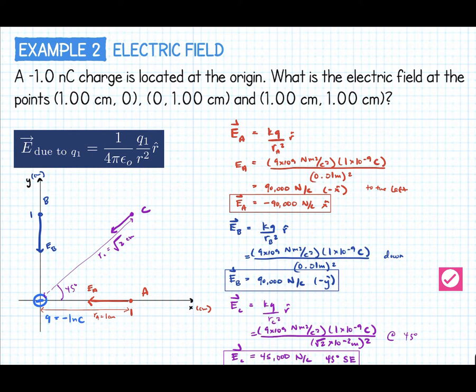So if you wanted to draw the electric field for just a negative charge, you would have sort of big arrows, and as you get farther out, you'd get smaller arrows. And that's what the electric field looks like, but we're just calculating particular points relative to this thing. So not the whole field, just pieces of the field at a particular point.